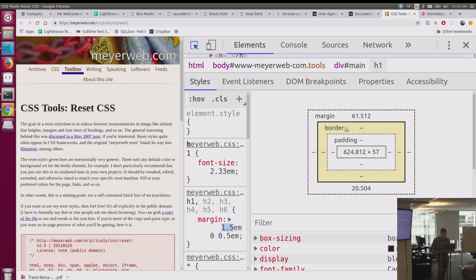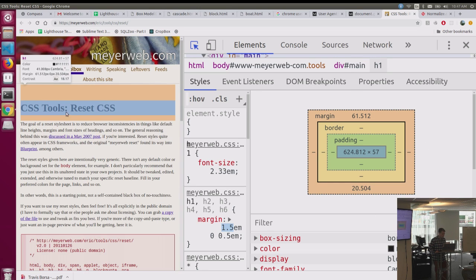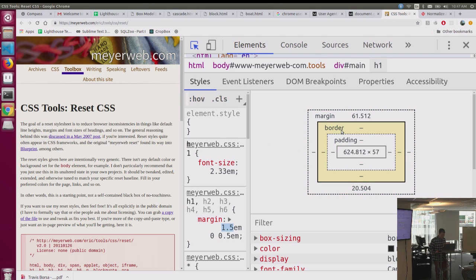The next area is a border. So the border is the line between the inside of your element and the outside of your element. From here onwards, this is all the H1. We don't have a border showing up here because the border is 0 pixels. It doesn't have a width. But if we,